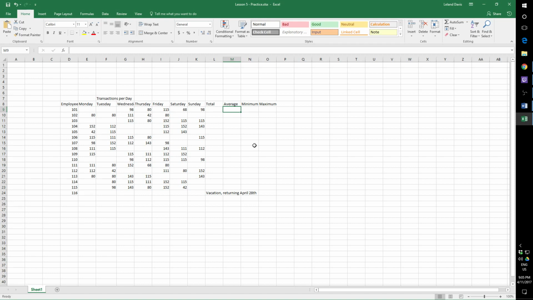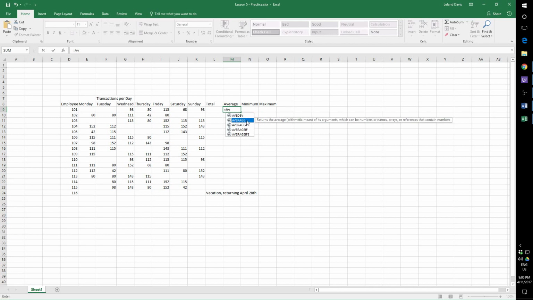So if you remember your averages, you've got the median, which is in the middle. You have the mean. So the mean average is adding up all of your data. So in this case, I have 5 different numbers. Add them all up, and then divide them by the number of pieces of data you have. So we would add 90, 80, 115, 68, 98, and then divide by 5, and that would give us the average. So what we can do is we can go equals, and we start typing average, and it comes up for us,